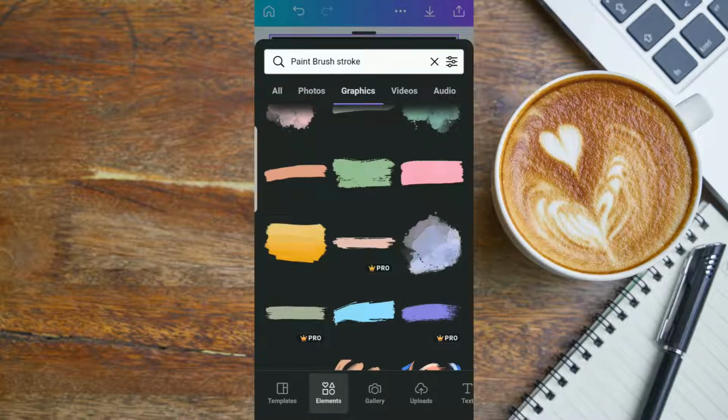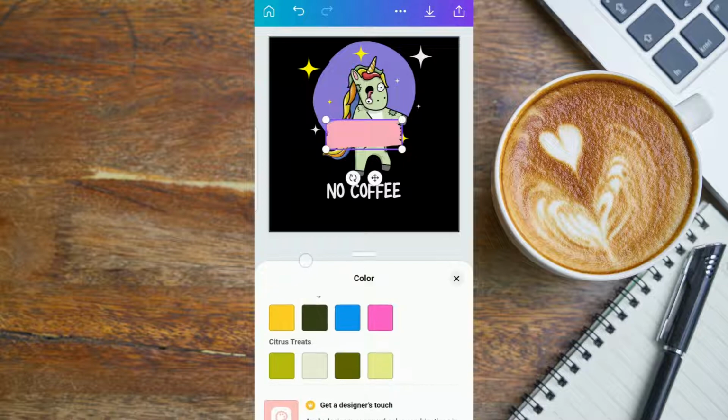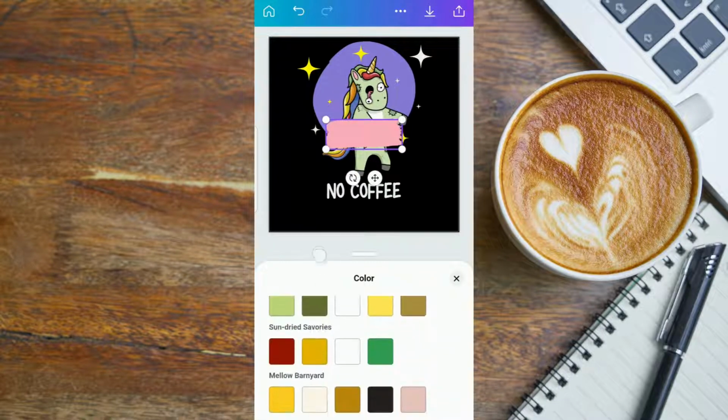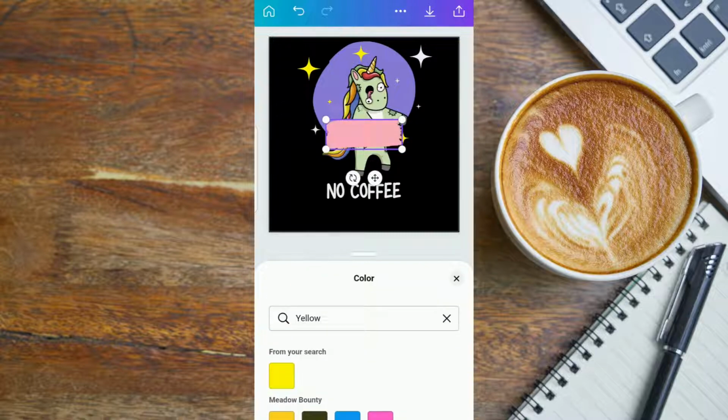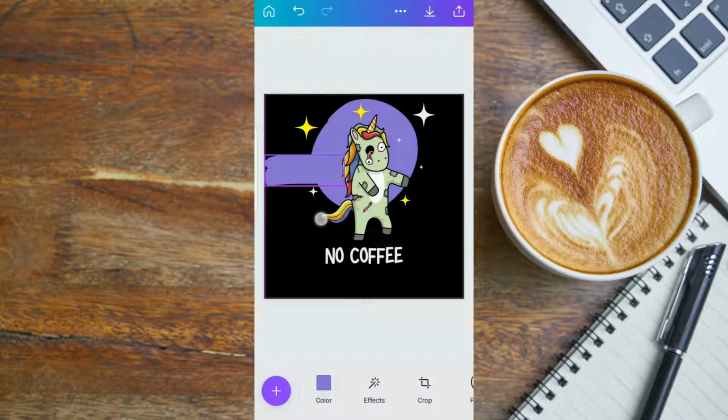So I'm going to go with this purple one, that pink one, sorry. So it's highlighted, so I'm going to tap on the color wheel located at the bottom of your phone next to the plus sign, and I'm going to clear that last set of results there, and I'm looking for the design that we chose today, the color. So I'm going to go with purple. So as you can see, it's the same color as our organic doodle circle line. I'm going to bring this down here,